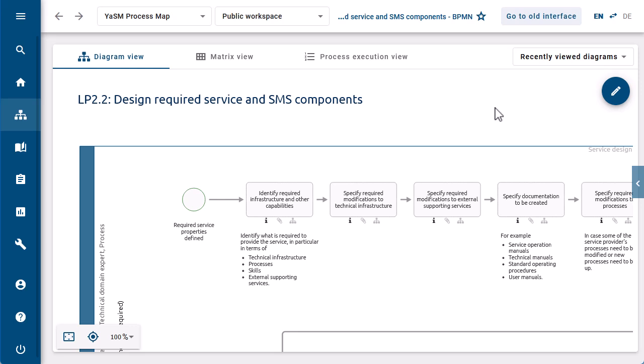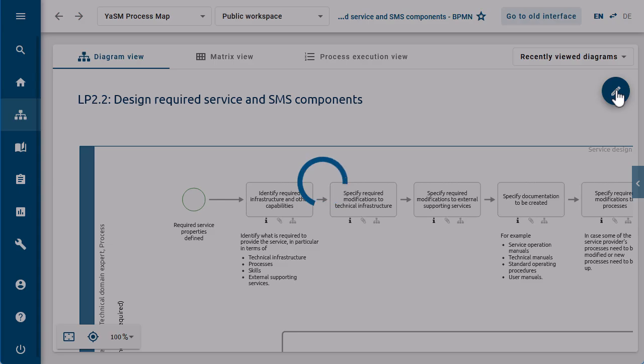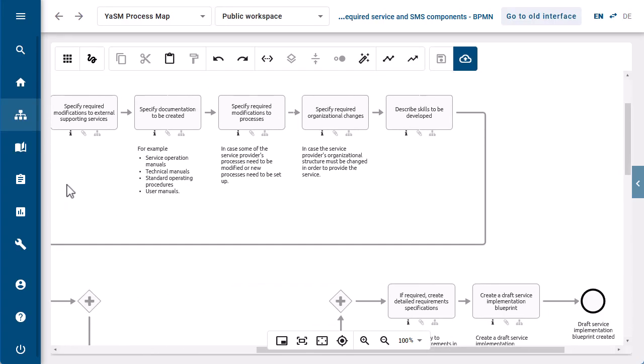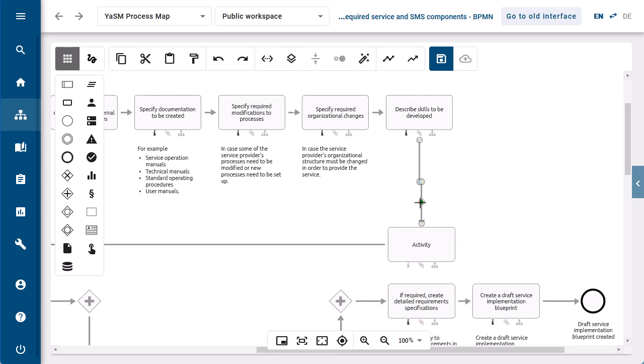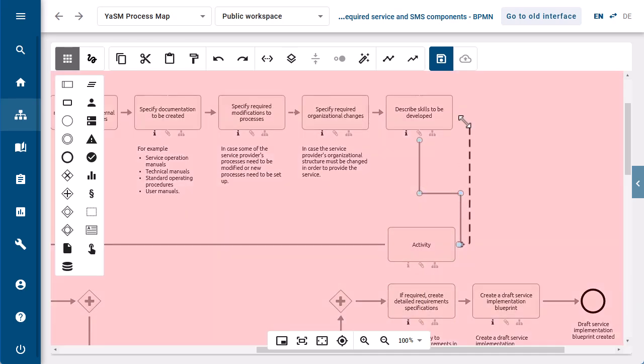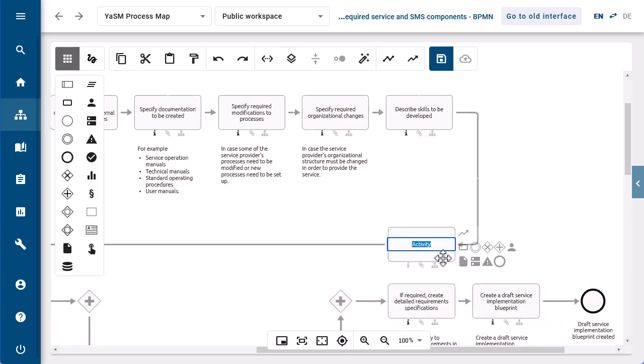Before we can do any editing, of course, we need to check out the diagram. If it is not visible, we also need to open the Symbols palette, which holds all symbols that we can add to the current diagram. Now, let's do a very simple example. We drag a task symbol onto the diagram, adjust the sequence flows so everything looks perfect, and add some description of the new task. There are no limits. You can change anything in here as if it were a big model that you have created on your own.